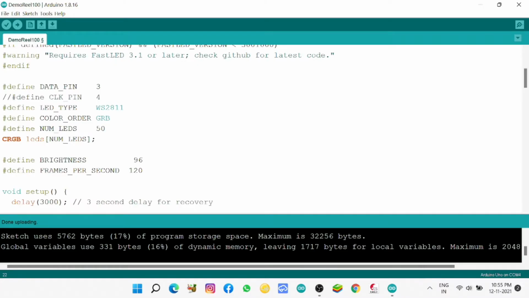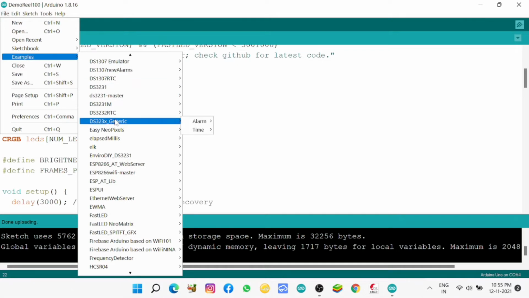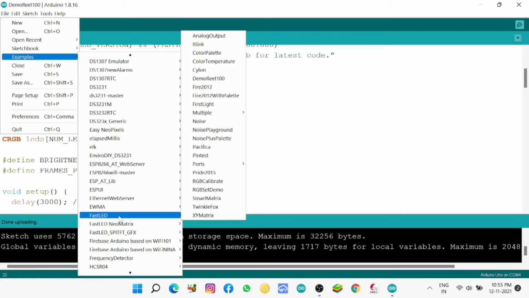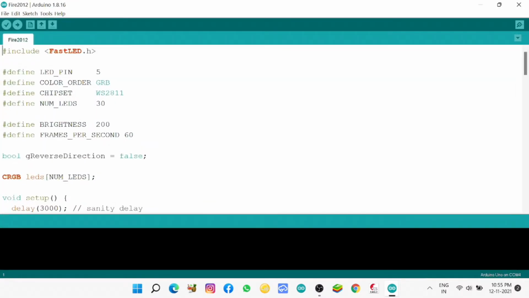So one more code we will see now. I am showing that any program you can select and use it. Whatever effect you like, keep it. It is at the bottom alphabetically, F, fast LED, it comes a little down. While you are searching, go to alphabetical A, B, C, D. So at F you will find it. Now again the same thing. This effect is Fire 2012. So I will put 50.